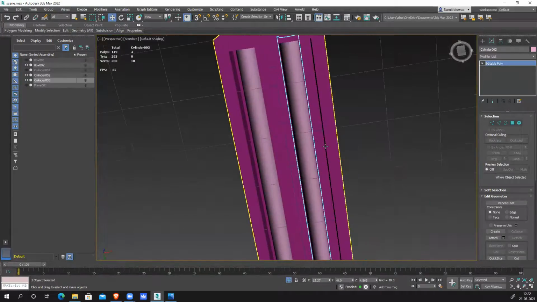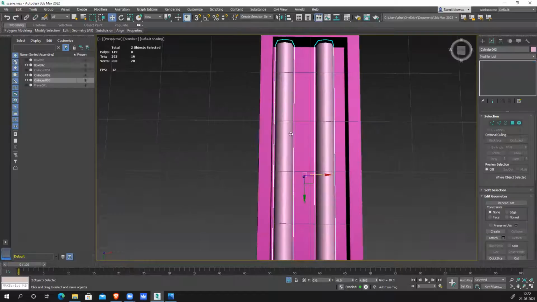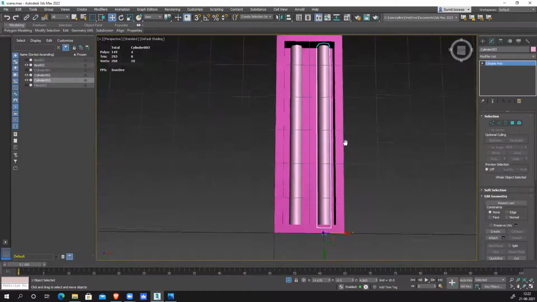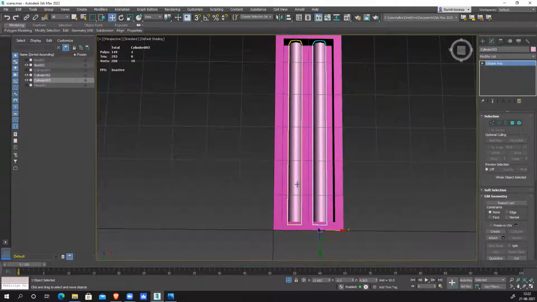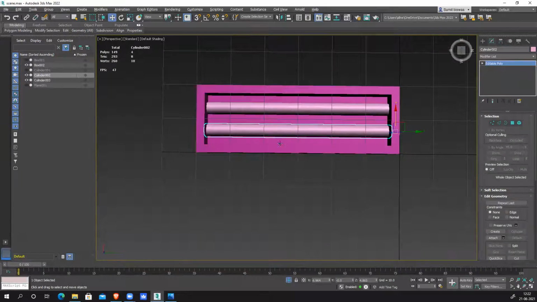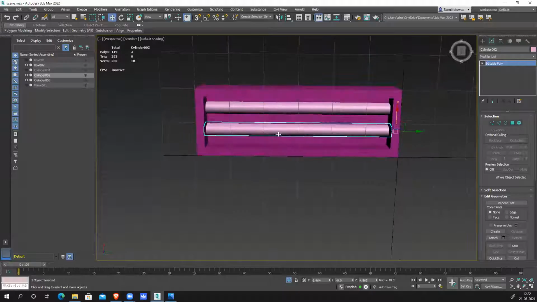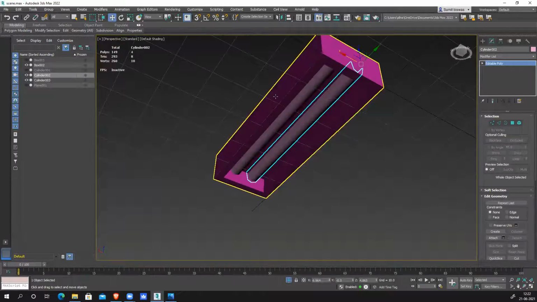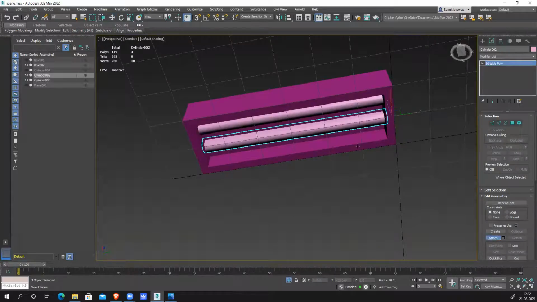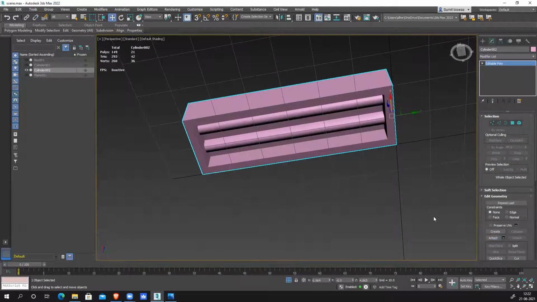Two tube lights, and select both of them, align it nicely. If required, I can push it slightly towards center. This also towards center. All other details are not required, because that won't be visible, because this basic box will be visible plus this tube light will be visible. This thing will glow, and this metal box, the basic frame of your tube light, is a very basic simple model. Attach, attach, attach, done.